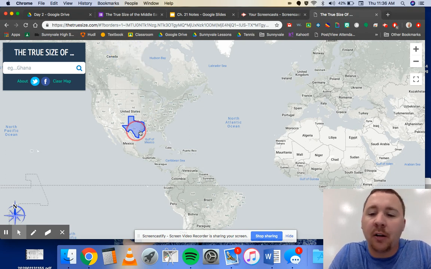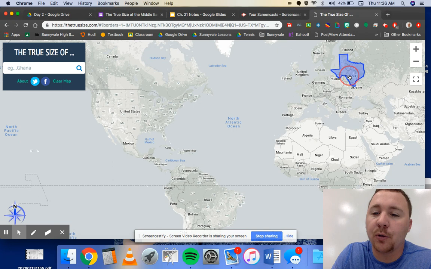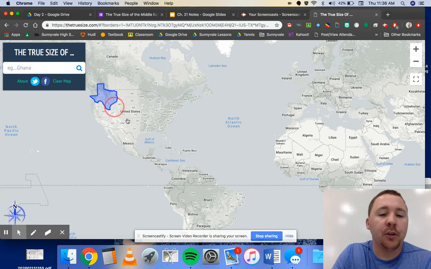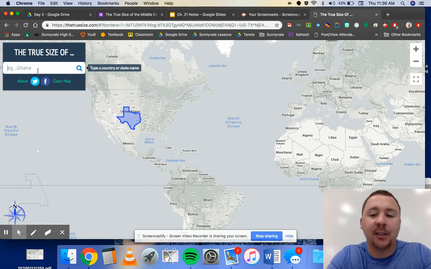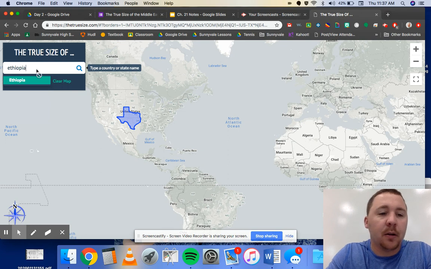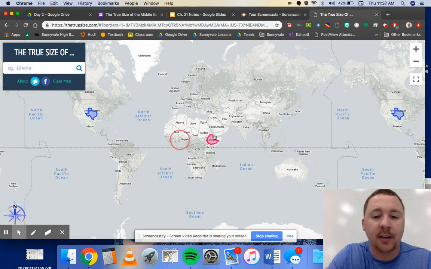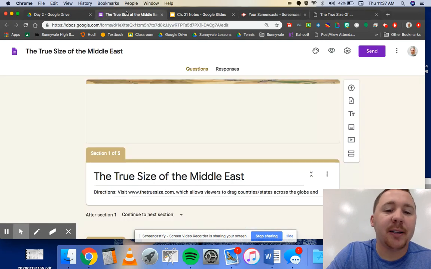So it's going to ask you to tell me what size actual things are. You can see Texas actually fits inside of Saudi Arabia here. It's bigger than Belarus and the United Kingdom. It's huge, right? So once you do that, if you don't know where some of these countries are, just type in Texas and it says move it to Ethiopia. If you don't know where Ethiopia is, just type in Ethiopia. It'll highlight them both for you, so you can see where they're both at. And so you drag Texas over to Ethiopia right here. Anyways, it's easy. It's just very basic questions there.